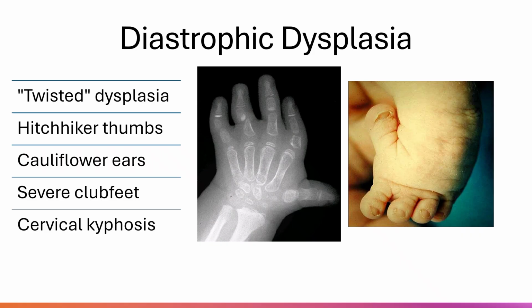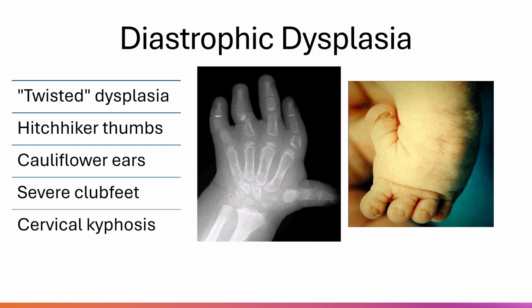Picture how these thumbs appear. They're positioned at an unusual angle that resembles the gesture someone might make when hitchhiking, with the thumb extended backward in an exaggerated position. This abnormal positioning reflects the underlying cartilage and connective tissue problems that affect joint development throughout